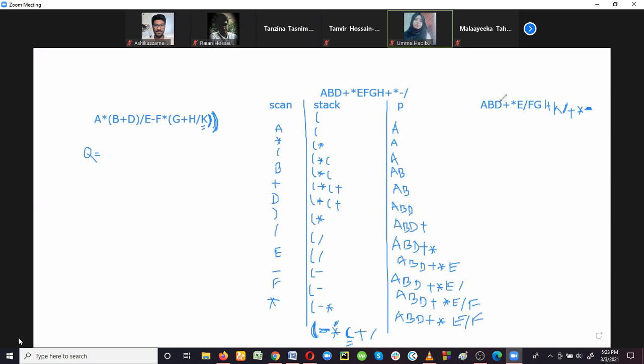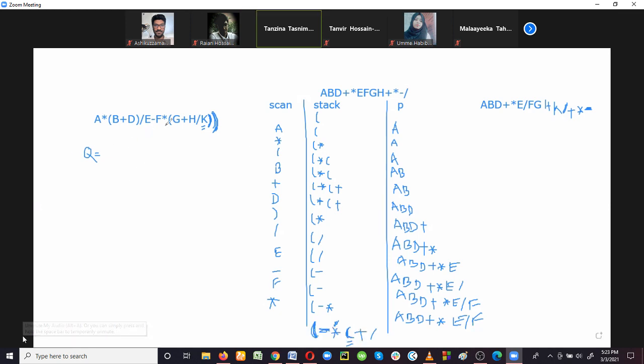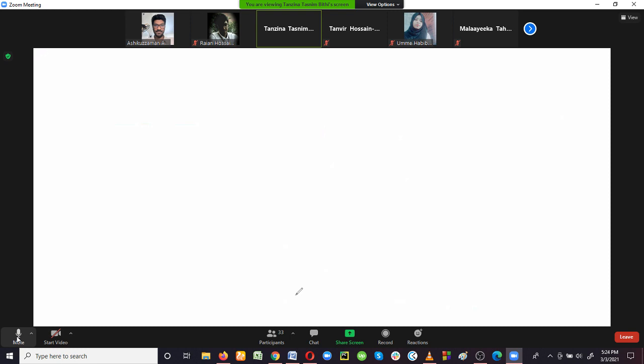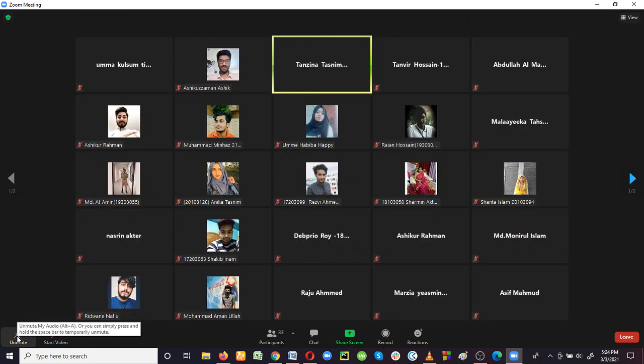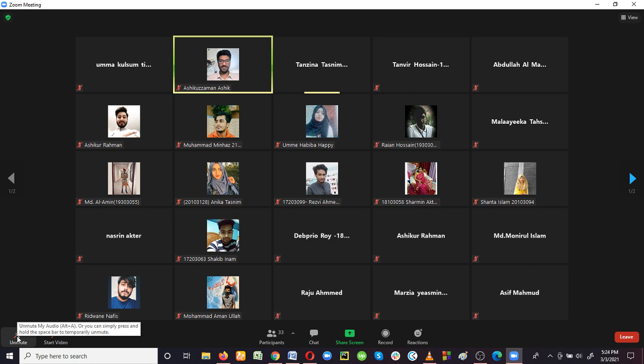Okay, so this is the way of converting infix notation into postfix notation. You have to practice it. Just take any expression, any operands and operators, and try to convert one notation into another. Okay. In the next class we'll do the reverse: an expression will be given in postfix notation, then we will convert it into infix using the stack. That will be our next